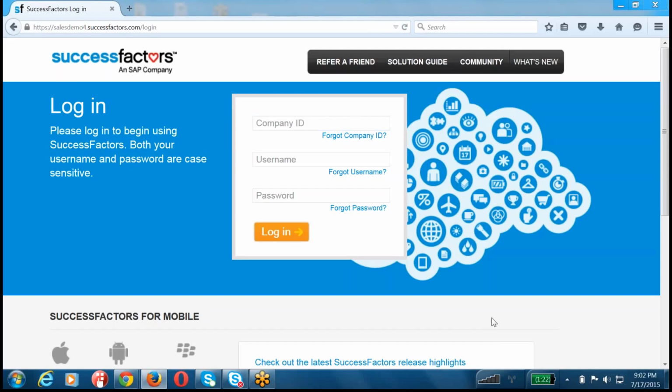In yesterday's session we had a look at the goal execution process, and before that we saw how to assign your goals in a mass fashion using the import goals option under your administration tools in the goal management module. So in today's session, with respect to your goal management,